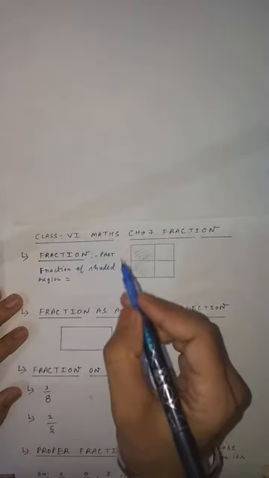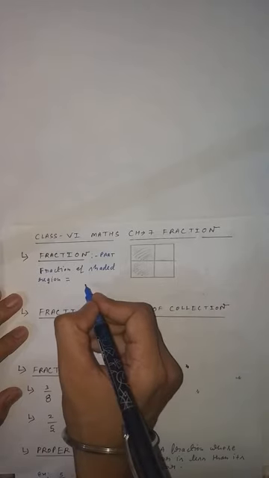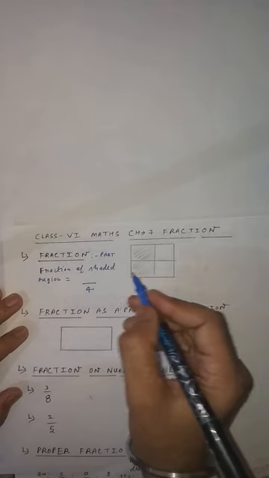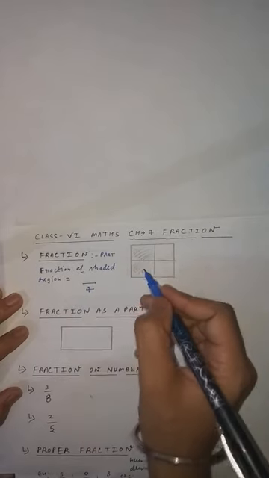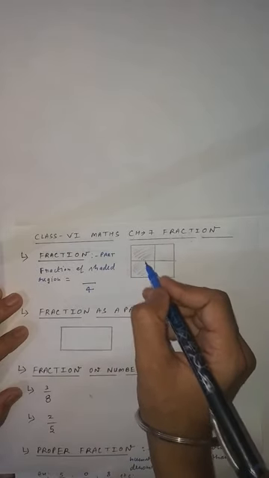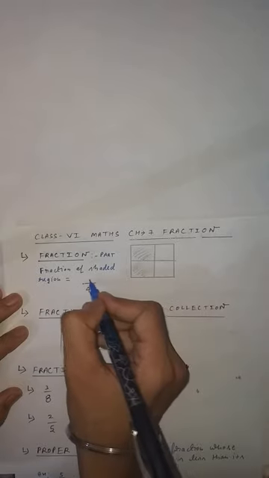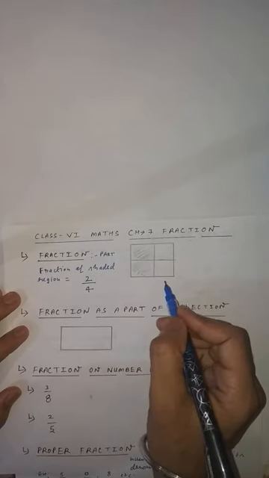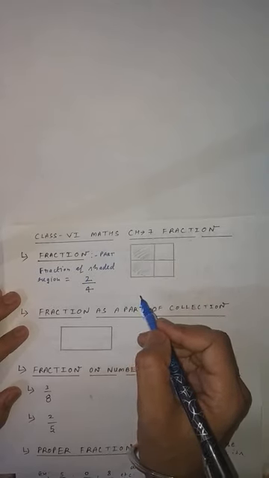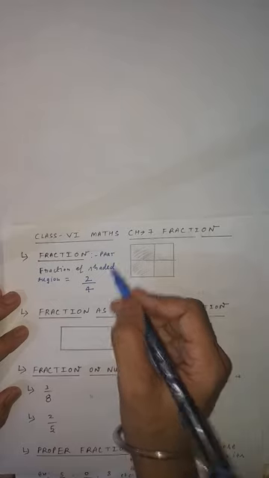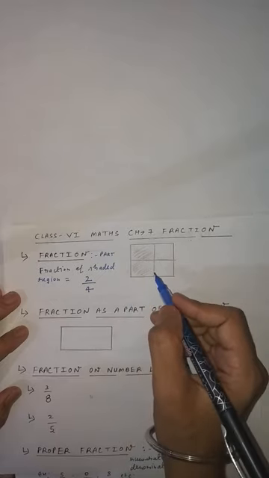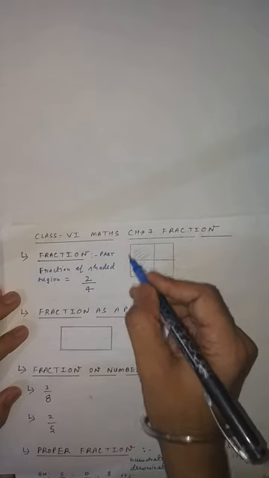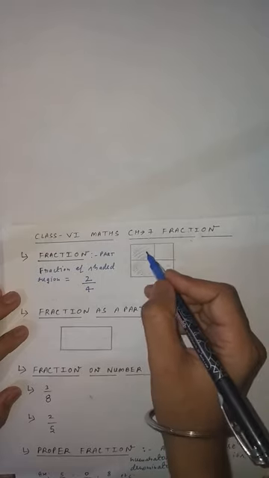You know that the total number of parts is 4. So here you will write 4 in the denominator. Clear, students? Now you have to find the fraction of the shaded region. How many regions did you shade? 1 and 2. 2 regions are shaded, so there you will write 2. So by this explanation you can simply understand that fraction means simply part. You have to see in the diagram how many parts are shaded. Here you can see there are 4 parts in total, and 2 parts are shaded.